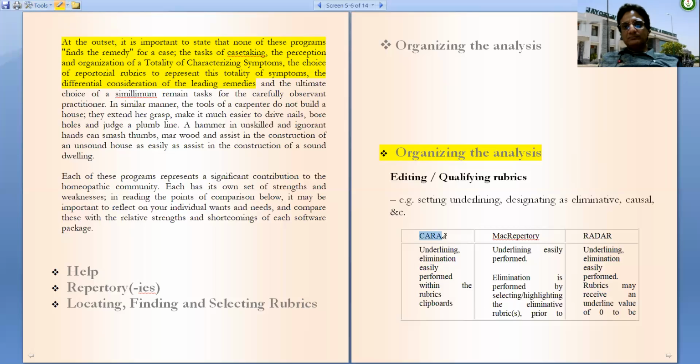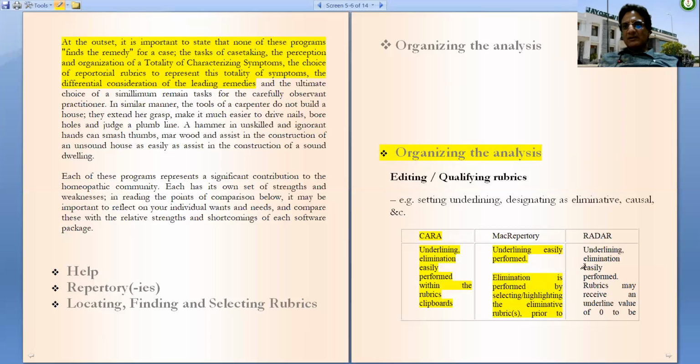So Kara has the elimination of rubrics feature in its clipboard. MacRepertory has elimination rubric, which is performed by selecting, highlighting the eliminative rubric.